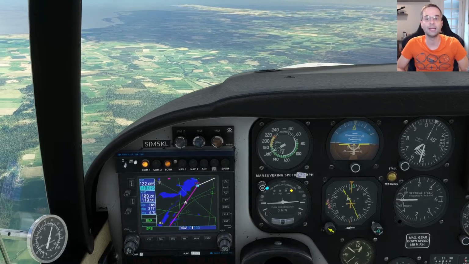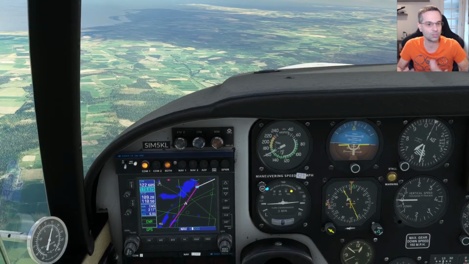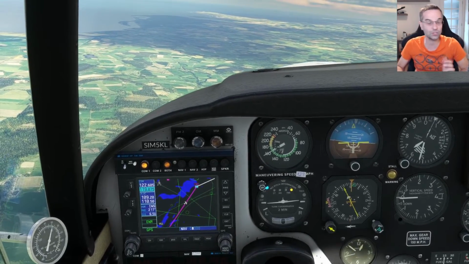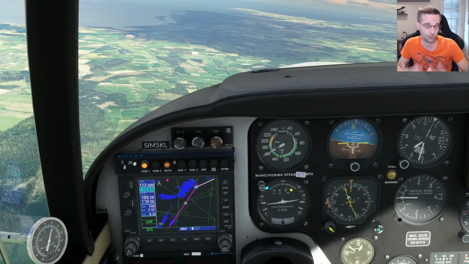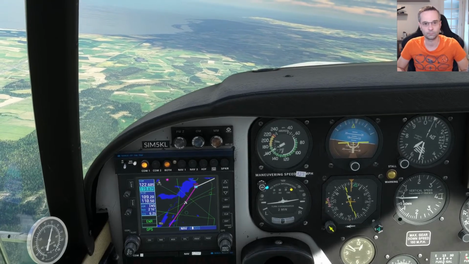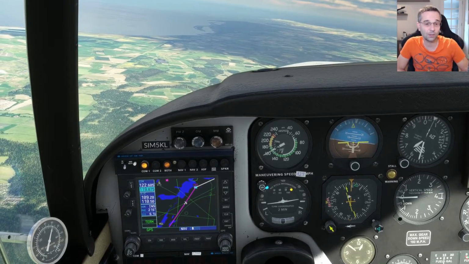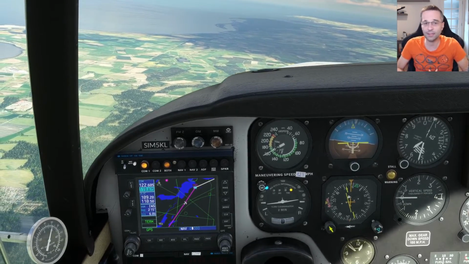get back on it, but it's really best to use heading mode to slowly get back on track, and once you're just a few degrees off, that's when you can enable high track mode and it'll sort out the rest for you. As for the difference between low track and high track, the main thing to know is that low